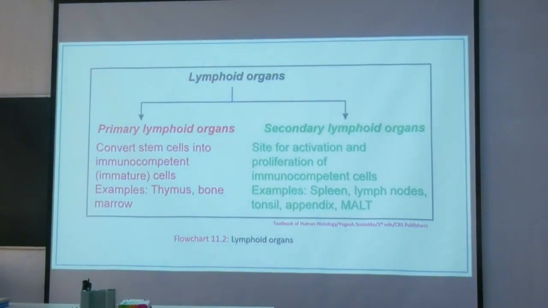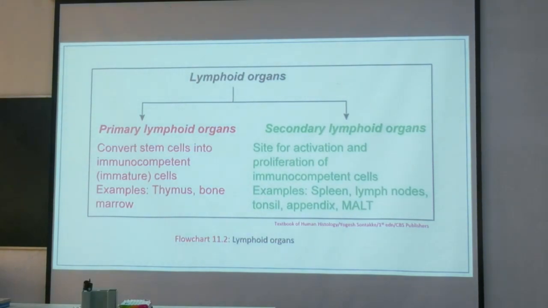Primary lymphoid organs convert stem cells into immunocompetent mature cells, example thymus and bone marrow. Secondary lymphoid organs are the site for activation and proliferation of immunocompetent cells. Now this is the part: spleen, lymph nodes, tonsils, appendix, and this is the thing that at right iliac fossa pain,